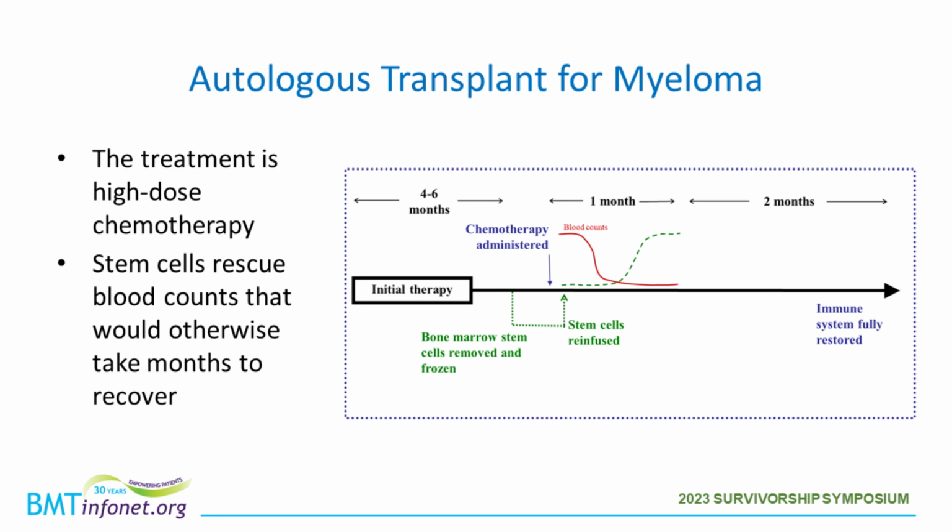So as you increase the dose of the chemotherapy, it's better and better at bashing the myeloma down to a very low level. With the flip side being that it also hurts more and more the normal cells in the bone marrow that make our normal blood cells. And as you can see in the cartoon that I've made here, when you give that high dose of chemotherapy, which is really the treatment that kills the myeloma cells, the normal thing that would happen would be that the red blood cells, or the blood counts in general, would follow the course of that red line. And you would get low blood counts that would last probably for many months,